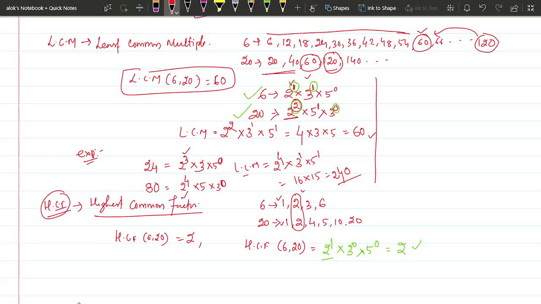Okay, similarly, we can find the HCF of 24 and 80. Here we clearly see the less power is 2 to the power 3. And in both cases, the least power will be the term having power 0, which is 1. So we can